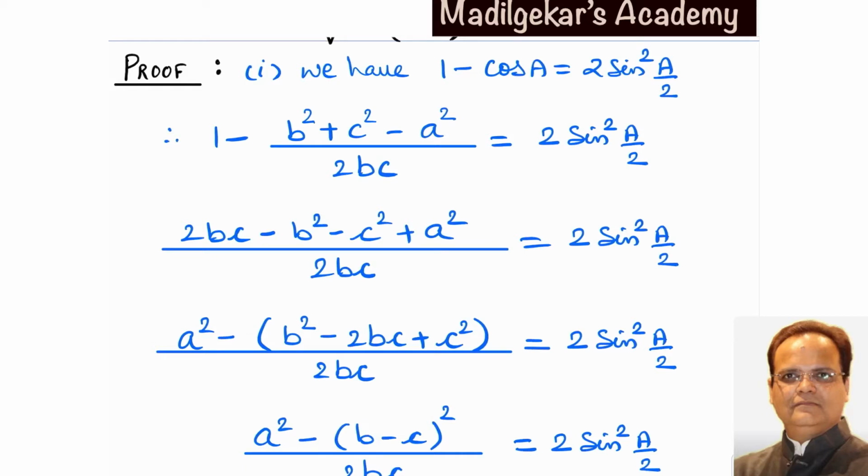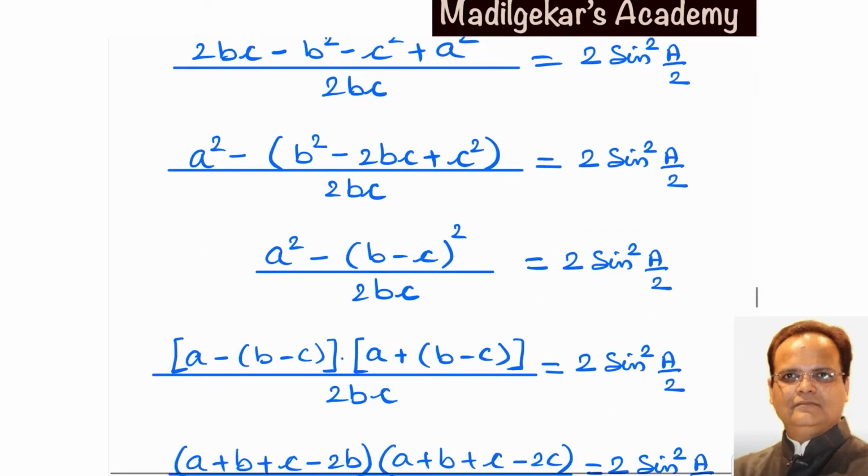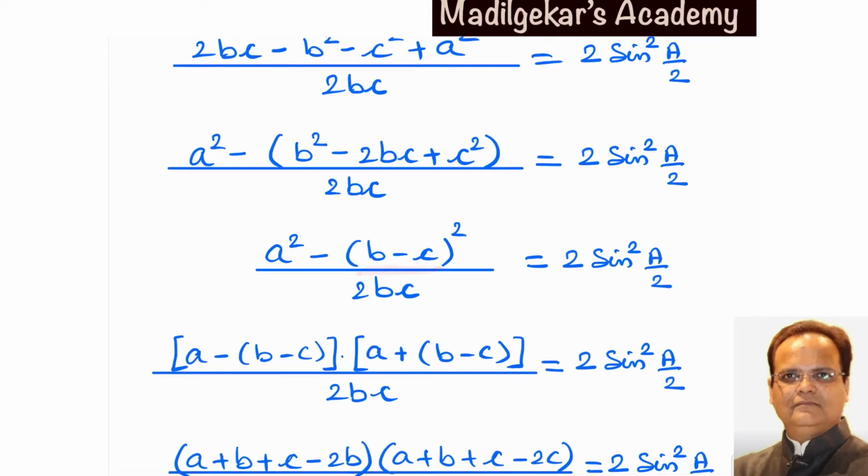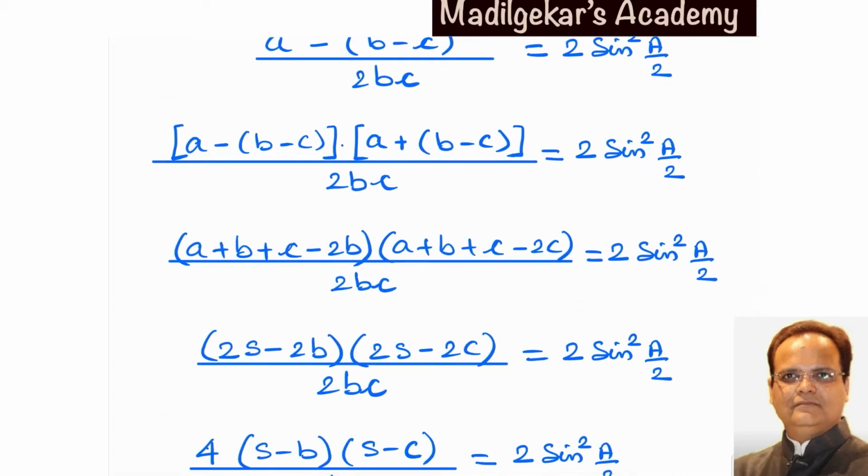Collect the terms 2bc minus b square minus c square by taking minus sign common. This b square minus 2bc plus c square is nothing but (b minus c) whole square. Now the numerator is of the type a square minus b square, so it is (a minus b) and (a plus b). That is (a minus b plus c) and (a plus b minus c). In the next step,